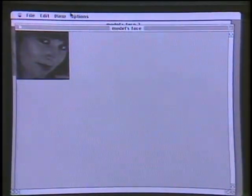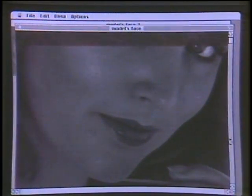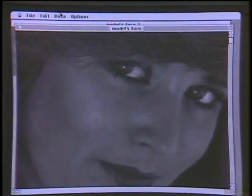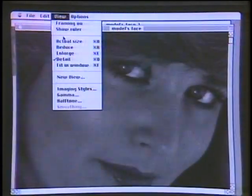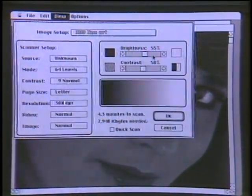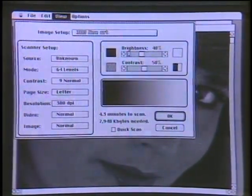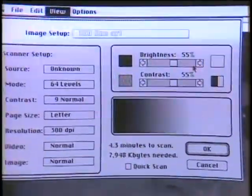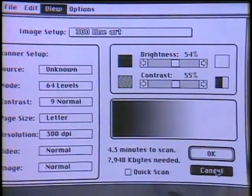Yes, what you see here is this previously scanned, that is correct. It takes a few seconds to scan the image, and what we have done here is the image I put in the scanner is now shown on the screen. Now, Mike, if you can show us, we're going to do some changes or some processing in this image. What you see here is the control screens of the software. To the left, you see those elements that will control the scanner itself, the resolution, the grayscale, and so forth. And to the right, you see the elements of the software that control the image processing, brightness, contrast, and other